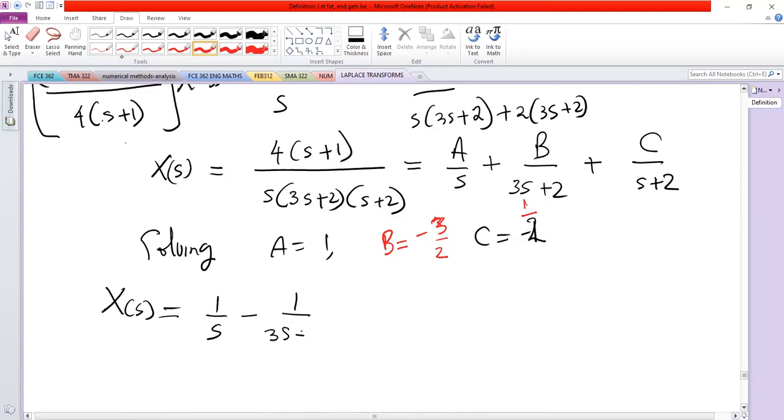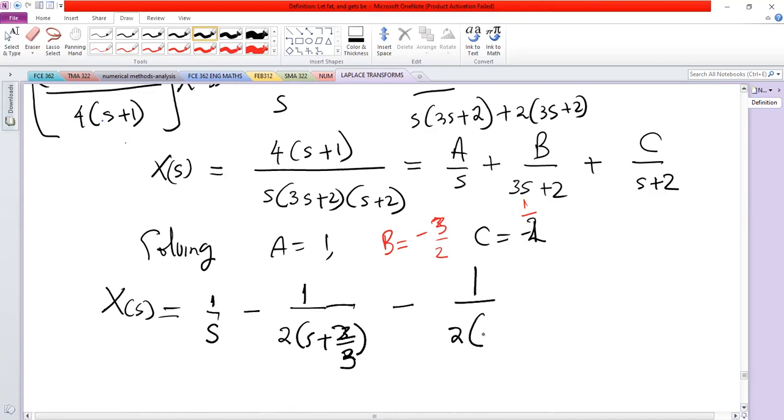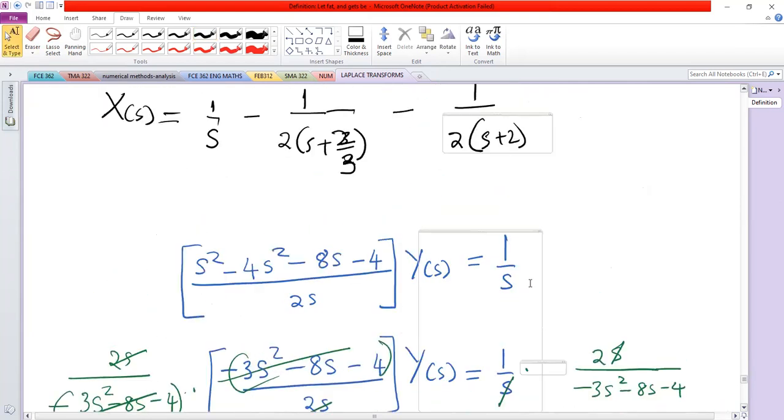So rearranging will give X of S to be 1 over S and then minus, so this can be written as 1 over 2 into S plus 3 over 2, or 2 over 3, and then minus 1 over 2 into S plus 2. And so taking the inverse Laplace transform,